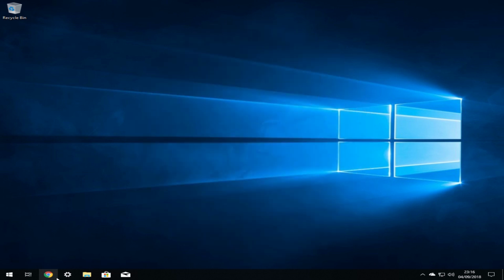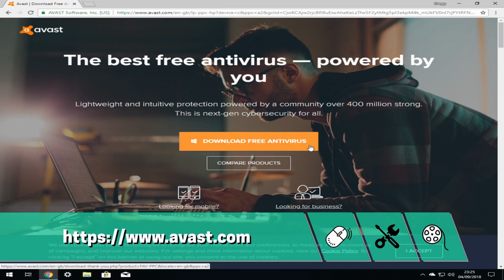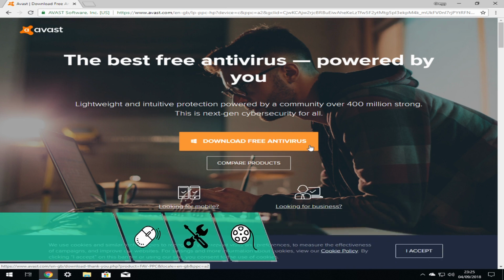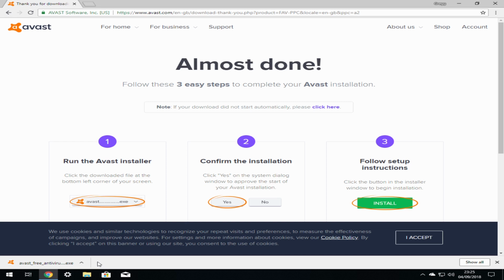We will begin by launching our default browser, which in this instance is Google Chrome, by clicking upon its taskbar icon. We will then navigate to avast.com, where a large Download Free Antivirus button awaits. Clicking on the button begins the download. Once downloaded, the installer can be launched by clicking on Avast